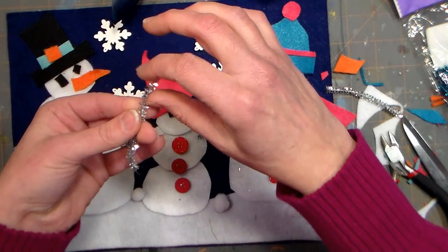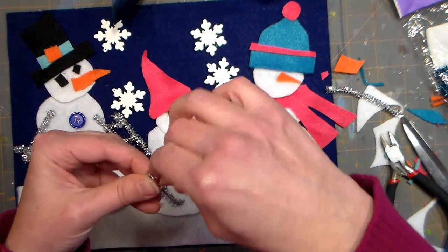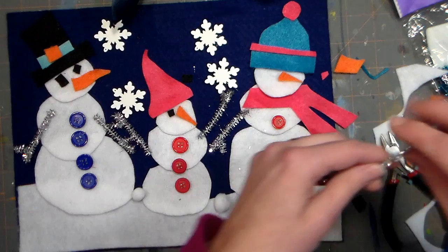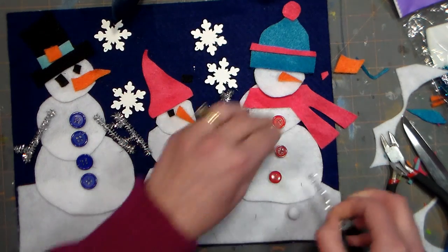So simply cut off a small piece of the pipe cleaner, give it a bend about 3/4 of an inch from the end, and then another bend, and that will give you an arm with 2 fingers, and then just stick it to your snowman. Remember, all this stuff can be picked up and moved to create infinite designs of snow people and hours of